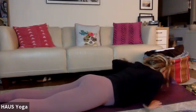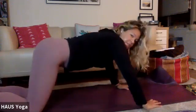And then you're welcome just to roll over onto the other side. You can simply roll onto the right side, or if you need to turn around to face the computer, you're welcome to do that. You'll find yourself lying on the right side, long with your front edge of the mat. The top leg will lift, reach in front of you, press the pinky toe side of the foot down if you are so inclined, and then top arm, take hold of bottom shin or ankle,